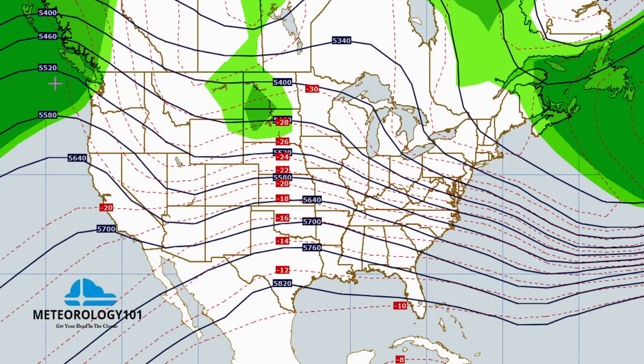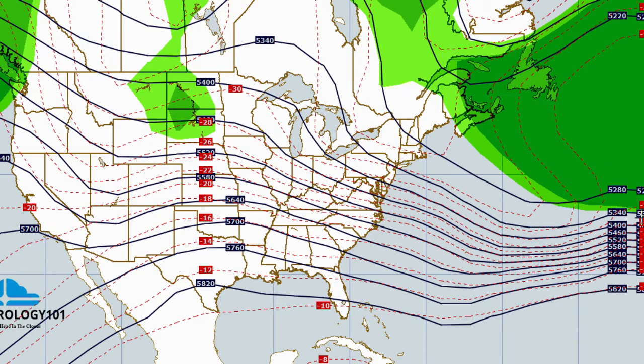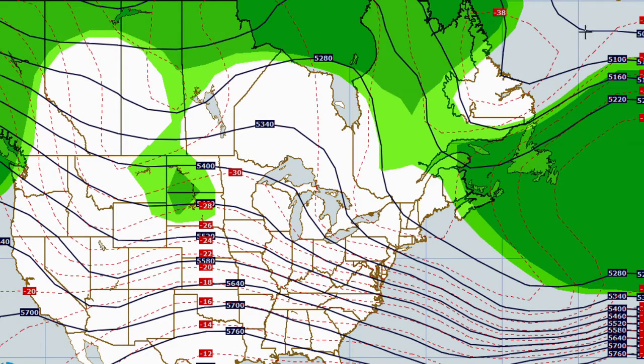Got the ridging, troughing over the east, the lee side of the mountains, ridging over the Great Lakes region, troughing pretty much over New York. And then that low pressure system looks like it's kind of stacking back well to the north, and then significant moisture is all to the north of that. So